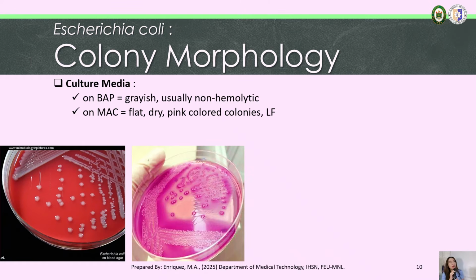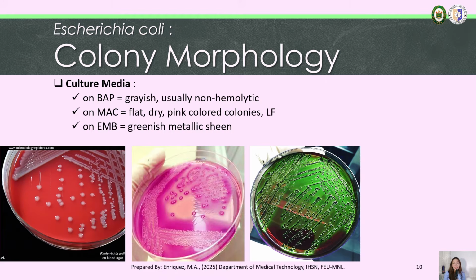Although there are a few strains that have also shown to be non-lactose fermenters. Okay, ulitin po natin, may mga strains daw po ng Escherichia coli that are non-lactose fermenters. But again, majority po ng Escherichia coli strains are LF or lactose fermenting. On EMB or the eosin methylene blue agar, which we'll talk more about later, dito po natin makikita yung characteristic green metallic sheen colonies